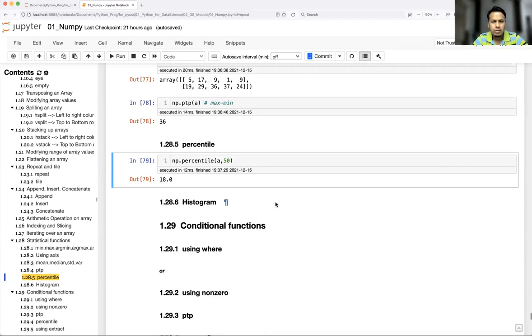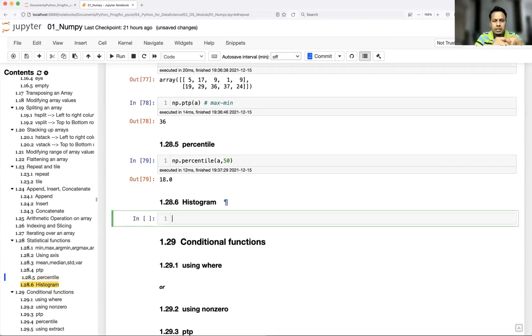Okay, now let's talk about histogram. Basically, a histogram just provides the frequency of occurrences of the values in a given array. Let's say you have balls of different colors, right? Out of 50 balls, you have 4 blue, 10 pink, 9 green, and so on. You are creating a bucket for each color and putting those balls in, right? That is what tells you, okay, I have 3 green, 10 pink, like that. A similar concept applies here, which will provide you the histogram.